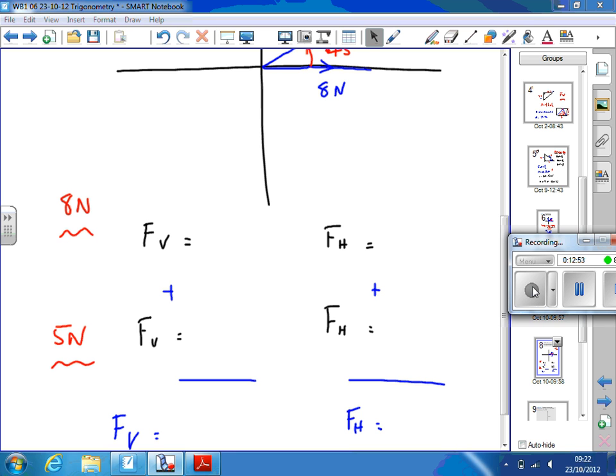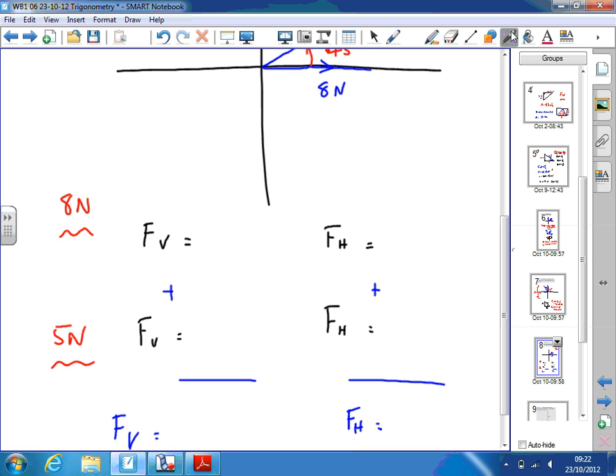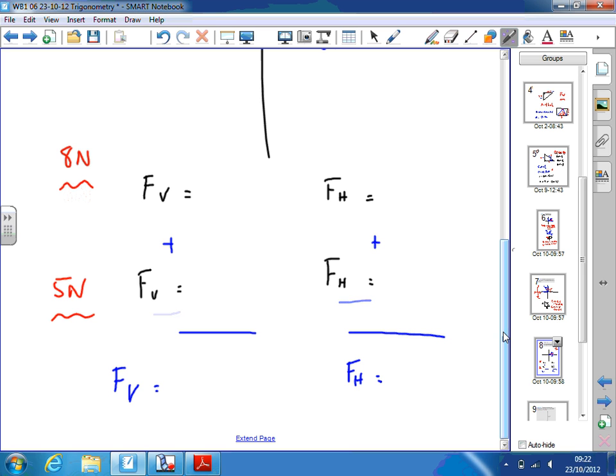So the effect is I've got to find out what the total vertical and horizontal components of these forces are. So I take the two in turn. I take the 8 Newton force and find the vertical and horizontal components, bearing in mind the convention, is it positive or negative using my convention. And then I take the 5 Newton force and the vertical and horizontal components and check the convention, the direction, and then add them together to get the total vertical and horizontal components. So if you'd like to do that,